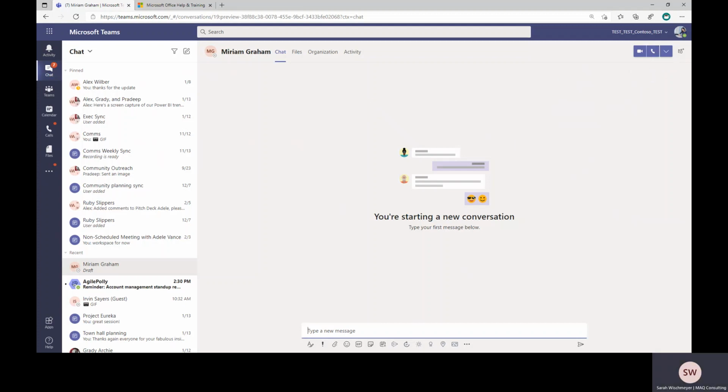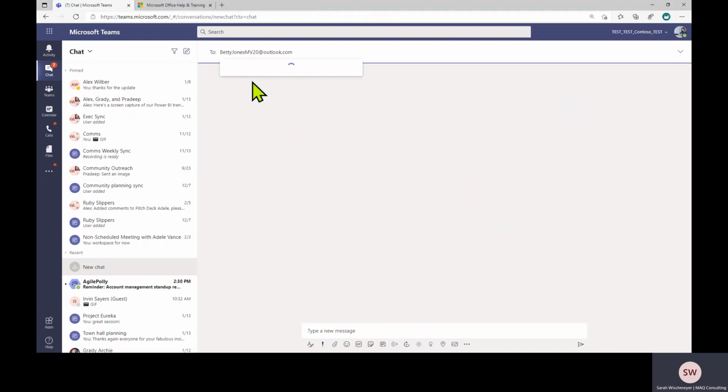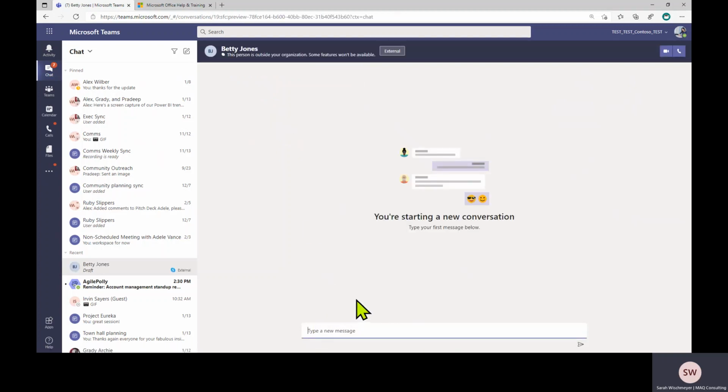And what if this was somebody maybe outside of your organization? So I'm going to get a contact here, somebody new, and I'm going to start a new conversation with my client called Betty, and I happen to have her email. Betty is external, not recognized by the tenant, but let's go ahead and put that name in there. We'll click down below. So now I could start a chat with Betty, or I could even start a conversation with Betty, and maybe even this could be not just one-on-one, but maybe adding people in a group text in there. So this is the idea of a conversation-based or